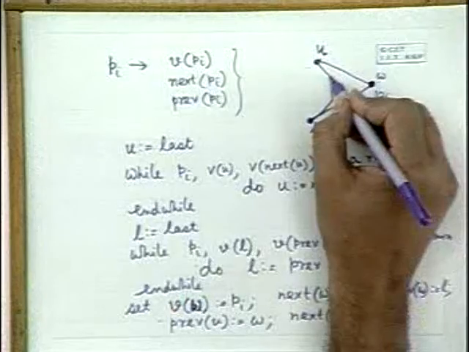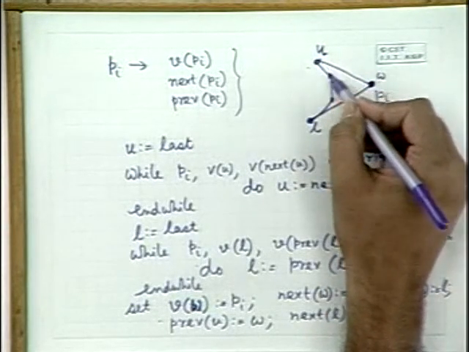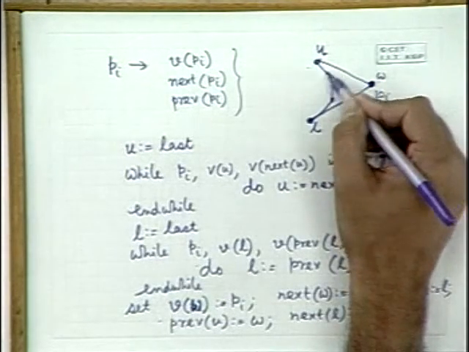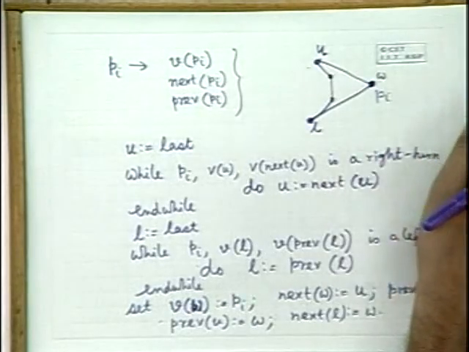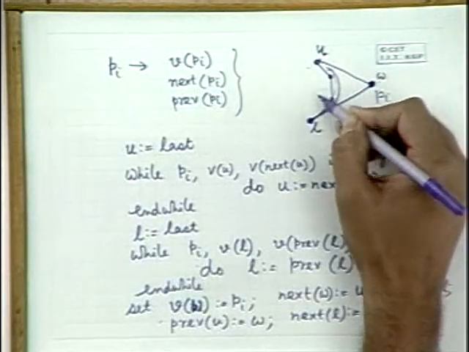Let us look at the complexity of this tangent determinant. Suppose we have walked toward k points. This step takes order k time. But look at this: if there are k points, we are deleting also k minus 1 points. And these k minus 1 points will never reappear in the computation at all. Those points which you are deleting, like this part here, will never come and reappear in the computation again. So if you are spending order k time here, then you are deleting also k minus 1 points